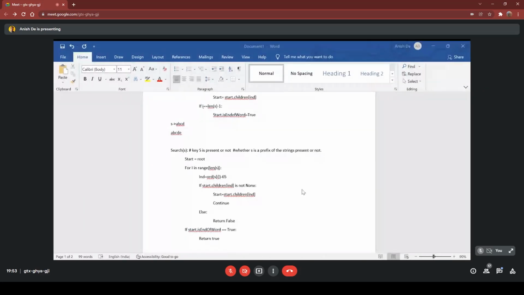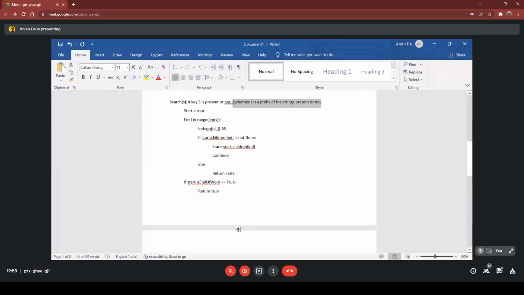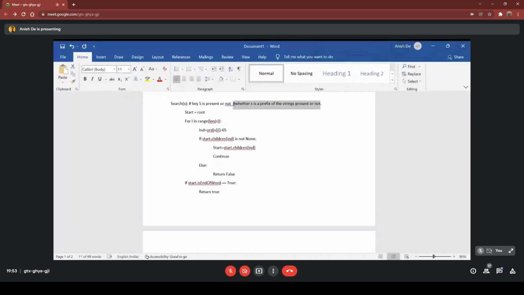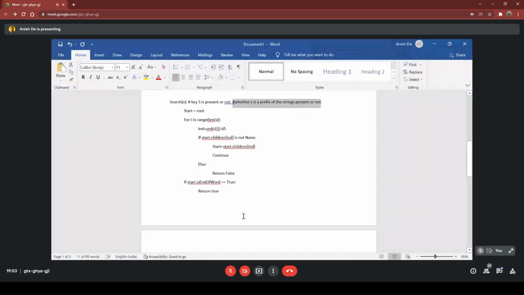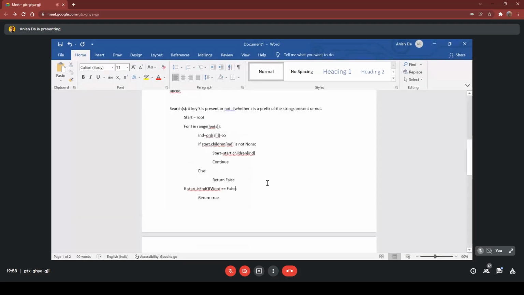Anyone? So what changes do we have to make so that we can check whether s is a prefix of the strings present or not? After the loop, we will check if it is false. So this works.